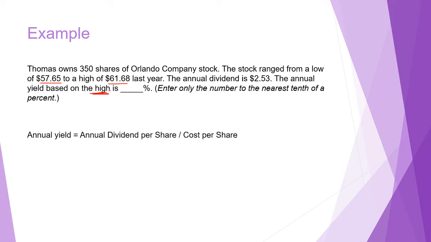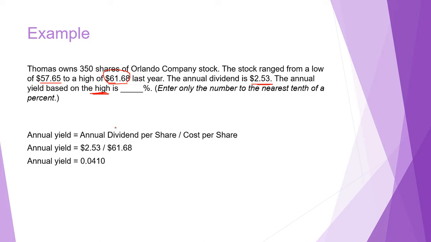So we're going to use $61.68 in our formula. All right, so the annual dividend, so Thomas got back $2.53. So what was the yield? We get $2.53, divide that by the high of $61.68, giving us